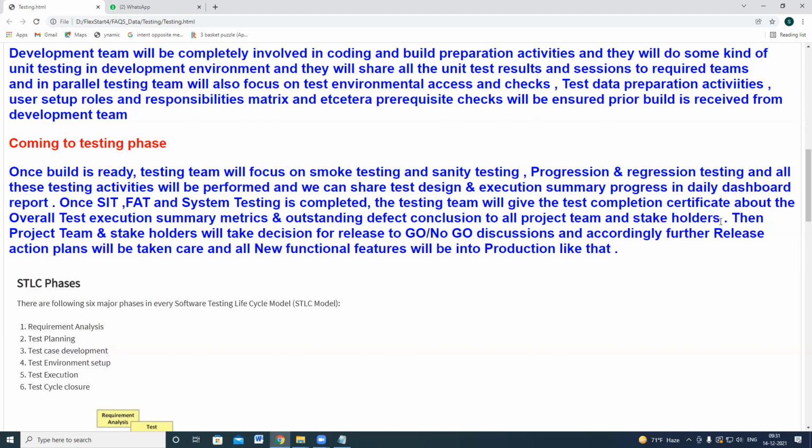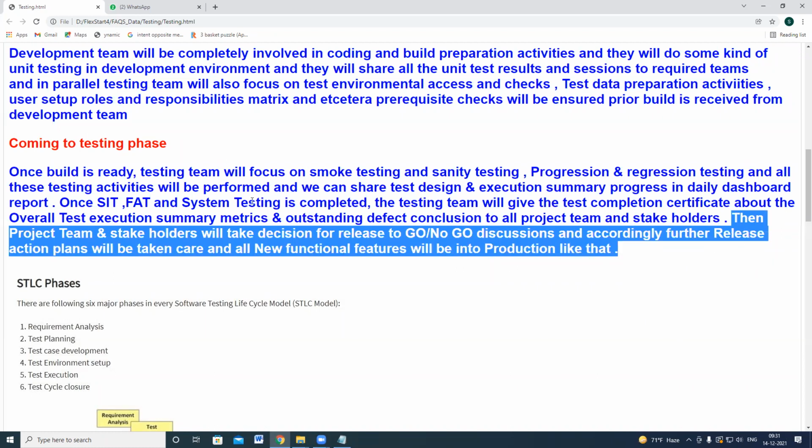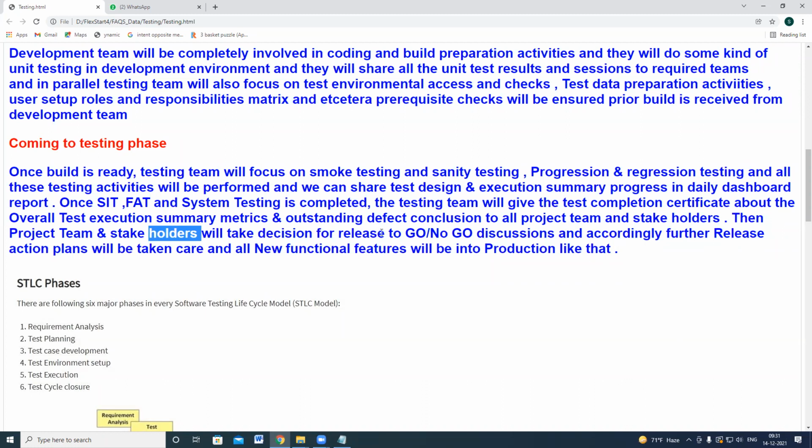Like that, the test lead will prepare and give the test completion certificate walkthrough to the project stakeholders. Then the project team and stakeholders will take a decision for the release: a go or no go discussion. Go means it is a success. No go means it is not a success. Okay.